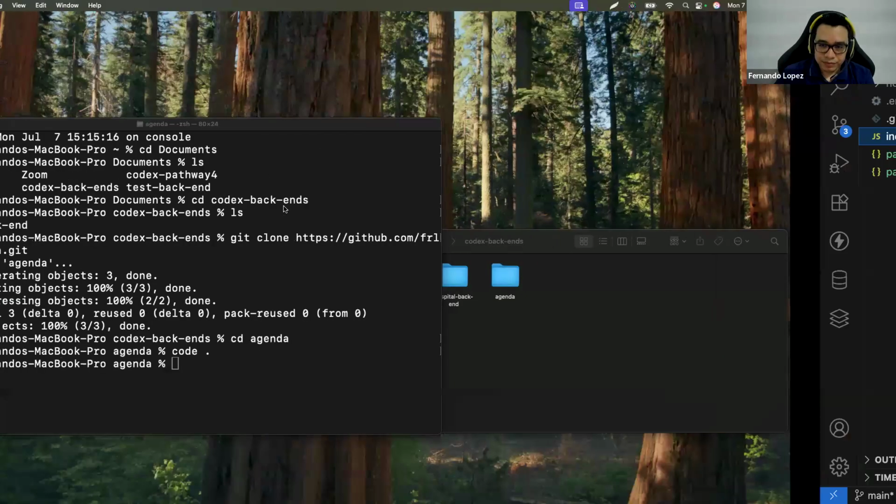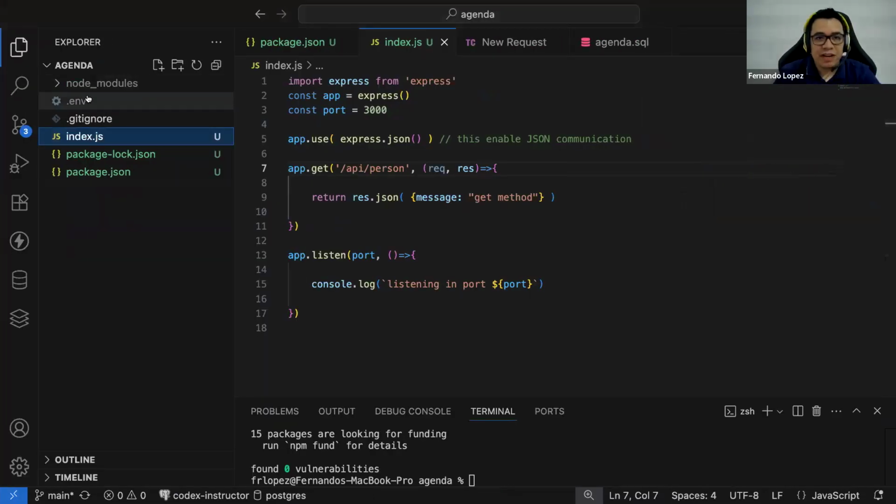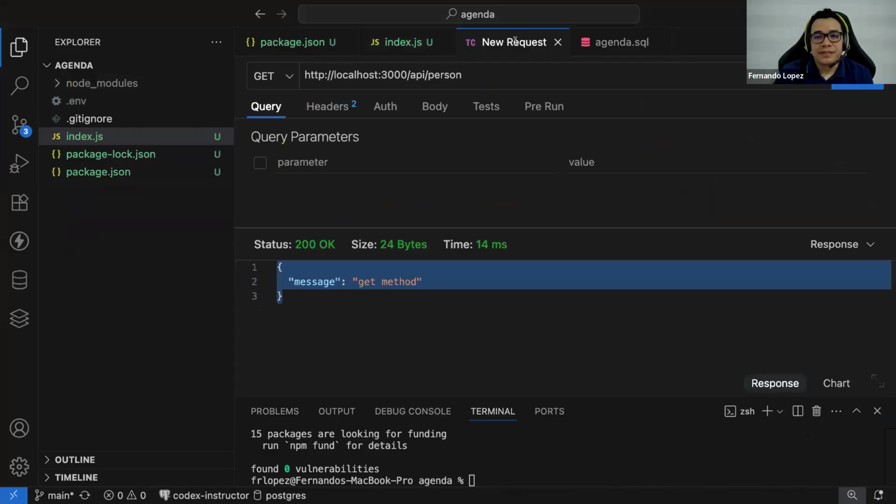Okay, so I have my .env file. Let me continue presenting. Now I have the .env file, and I will try to create the connection to the database.